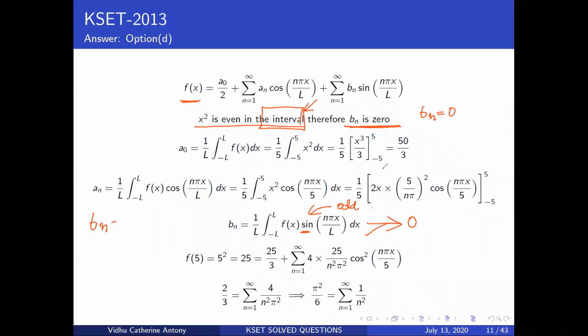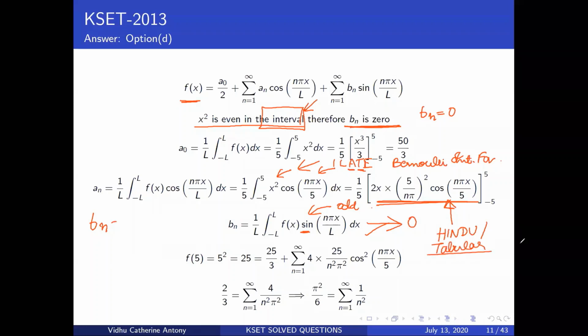So after you substitute the limits. Now, I should probably give you a link if you're interested. There's a popular method called the Hindu method or the tabular method. What you usually do is use your ILATE method. A stands for algebraic, T stands for your trigonometric function. You arrange it in that order and then use Bernoulli's integration formula. That's what I usually do. Then you can calculate this out. The tabular method is pretty interesting. I can share the link with you.